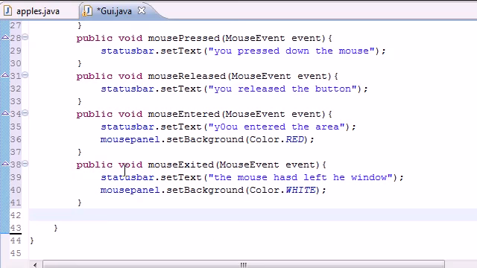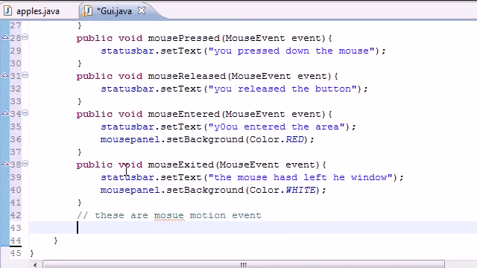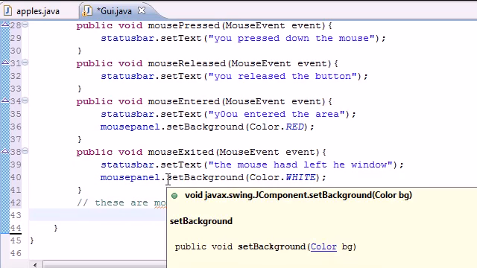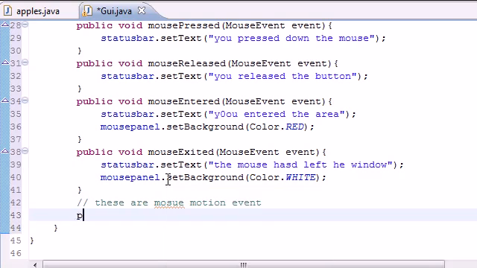So let's go ahead and implement the methods right now. So public, I'm gonna make a little comment. These are mouse motion events, so not just the typical mouse listener or whatever. So the first method we need to make is called mouse dragged. So public void mouse